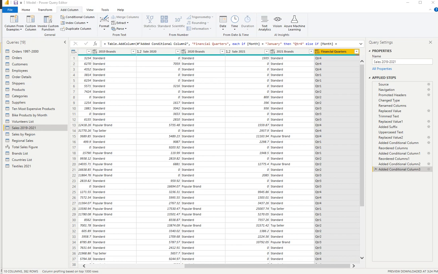In Power Query, you can create a column, that is add a column, based on an example. You give Power Query an example of what you're after and it will create a column that follows that same pattern. So let's say, for example, we're sitting in the sales 2019 to 2021 query, and let's say I selected